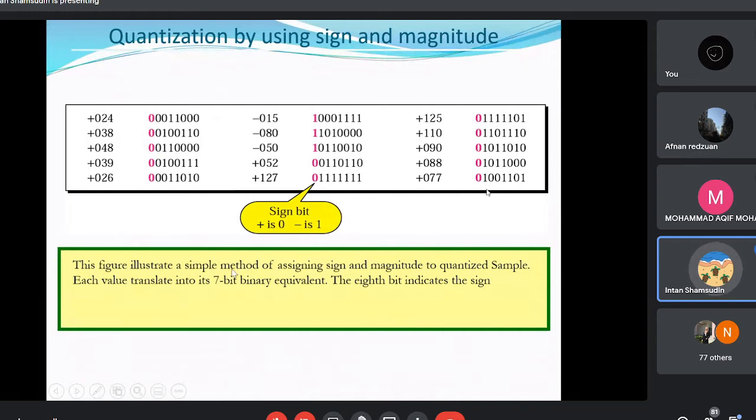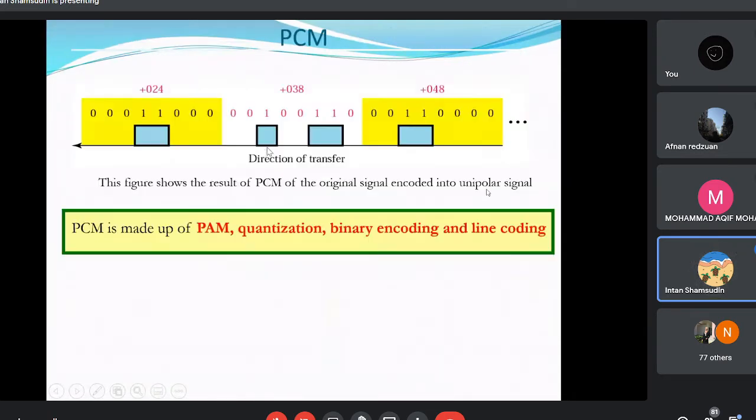This figure illustrates a simple method of assigning sign and magnitude to quantized samples. Each value is translated into a 7-bit binary equivalent. The 8th bit indicates the sign. This bit: 0 is for positive and 1 is negative. Look here, so 1 is negative. This is correct, its integral value. Right. And then what's next is you turn it into